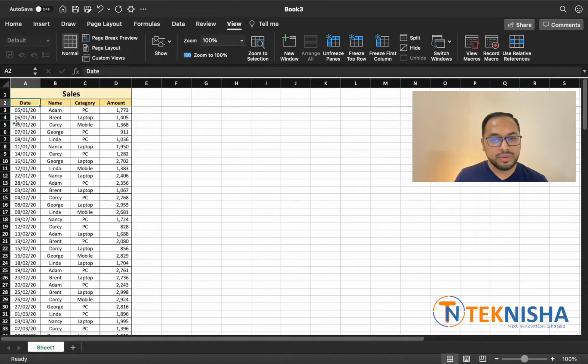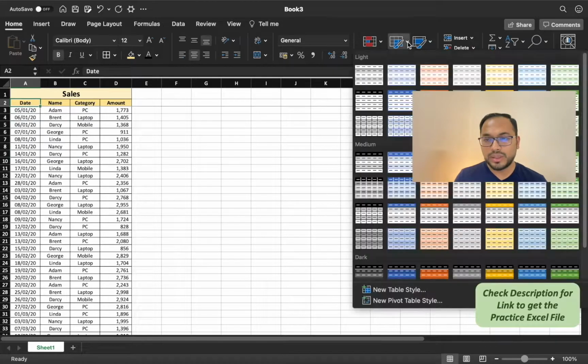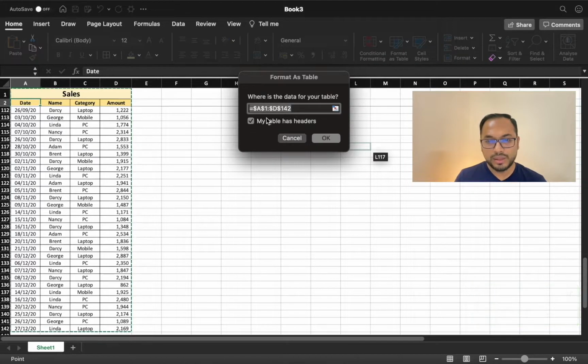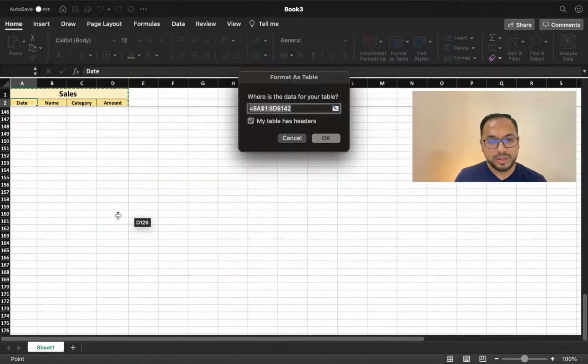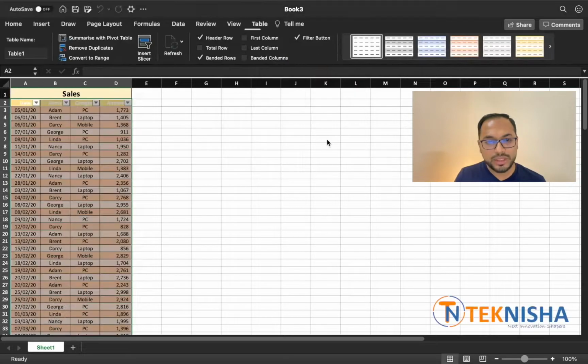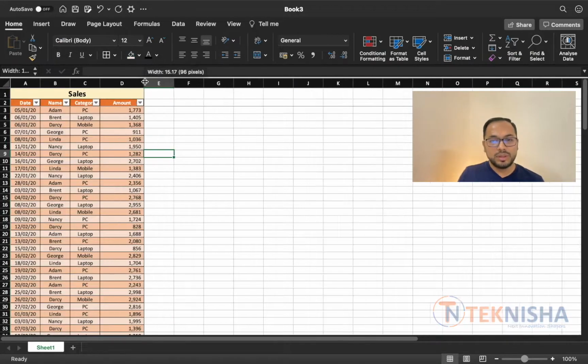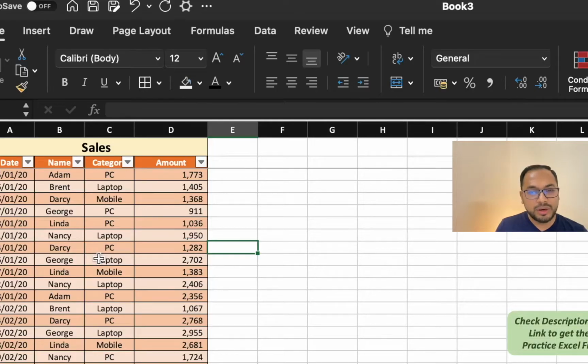So let's just click anywhere within this data and go to Home and click this option, Format as Table. And automatically Excel will select the complete data, let's just say from A2 to D142, and my table has headers there. Let me just reset this. Before I start building the dashboard, I'd like to get the month and the week for this date